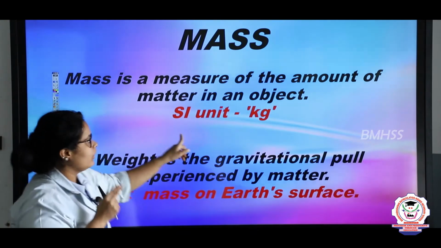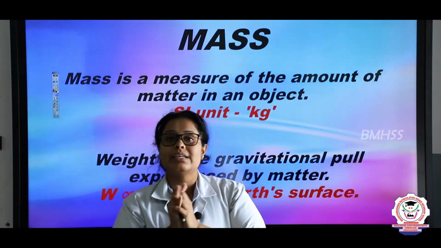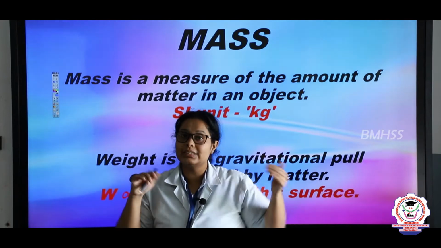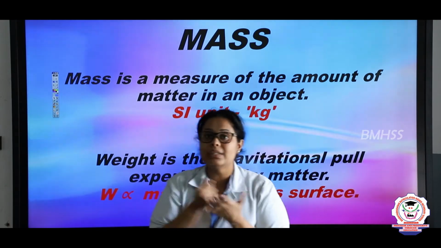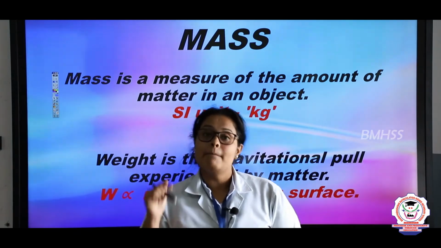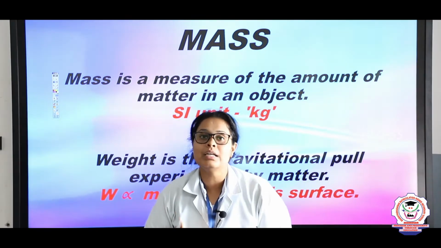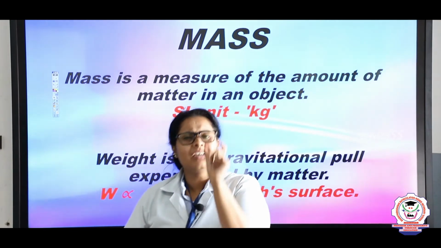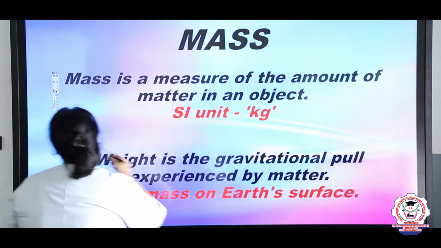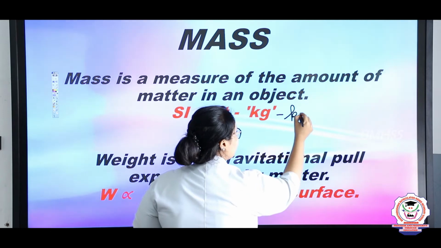The SI unit of mass is kg. So students, what is an SI unit? SI unit is a standard unit. Why a standard unit? Because each place has a different kind of measurement. For example, if we are weighing here in India, then we will weigh in kgs generally, right? But when weight is calculated in foreign countries, they will calculate the weight in pounds. So that is why we need a standard unit, that is called kg. Kg is what? Kilogram. What is kilogram? It is kilogram.